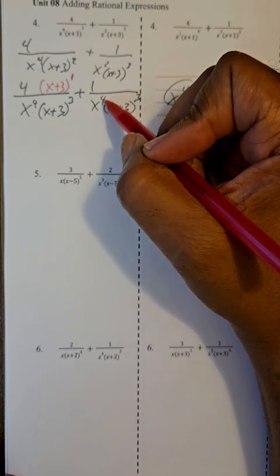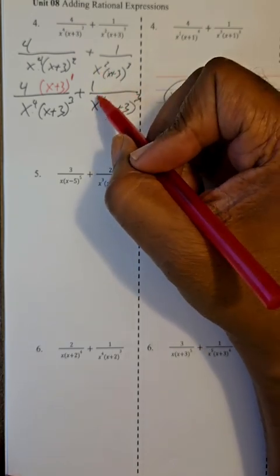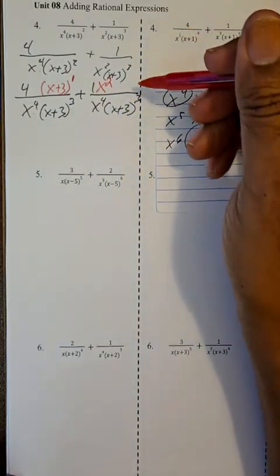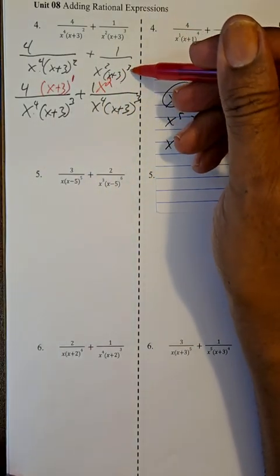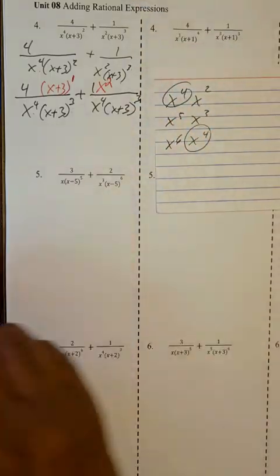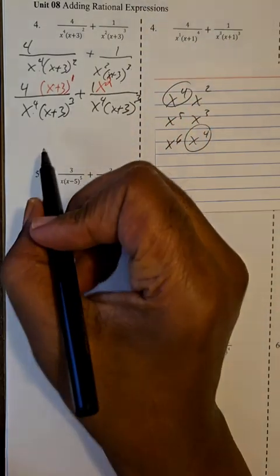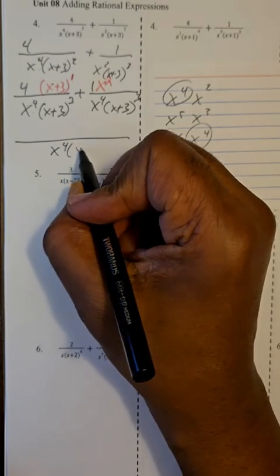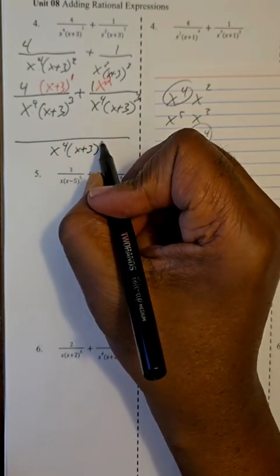So there's 2 extra x's in this denominator than that denominator. So we'll put 2 extra x's, x squared, there. The x plus 3's, we have 3 of them there, and we have 3 of them there. So that's everything. All right, let's write one denominator, x to the fourth, x plus 3, and to the third